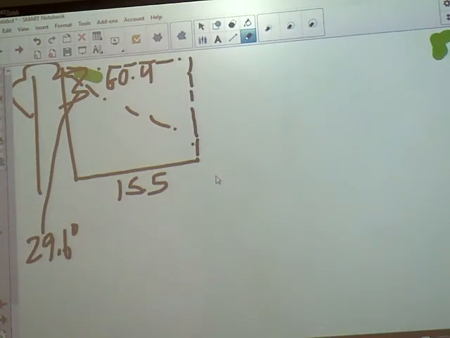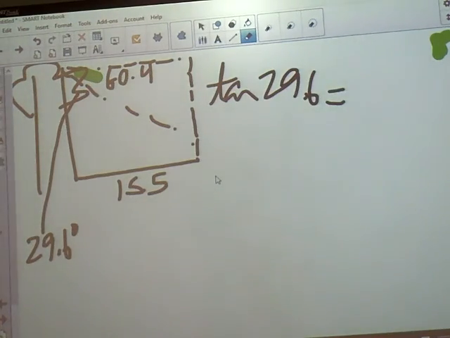So I believe the question said, what's the height of the tree? I've lost track of that. Let me double check. Yeah, find the height of the tree. So from that 29.6, my tree would be adjacent, and my 15.5 would be opposite. Which function has adjacent and opposite? Tangent. So I got the tangent of 29.6 is equal to opposite